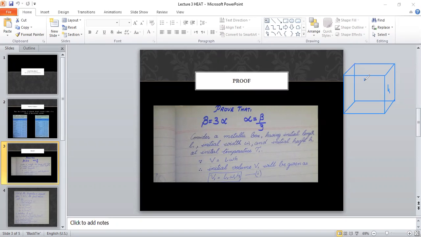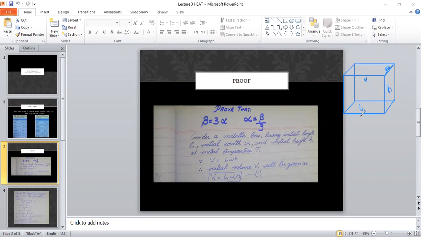This part is W1. And this part is H1. Sorry, let's take it as H1. This one is L1, and the other one, the other side, as W1. This one is W1. This is L1. This is H1. Right? Now, this is a metallic box which we'll heat,